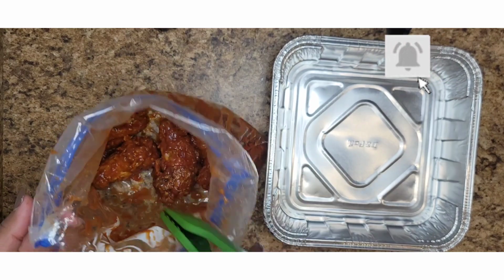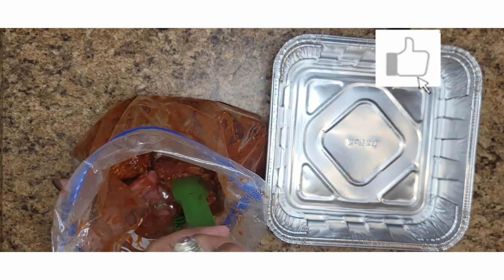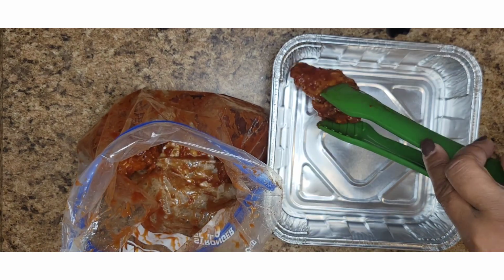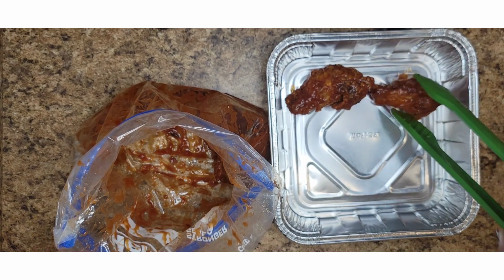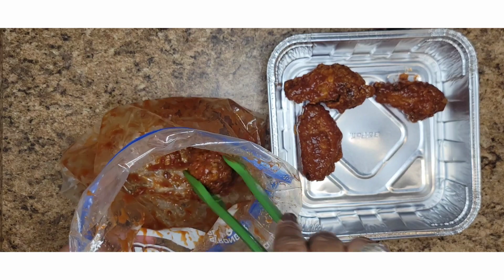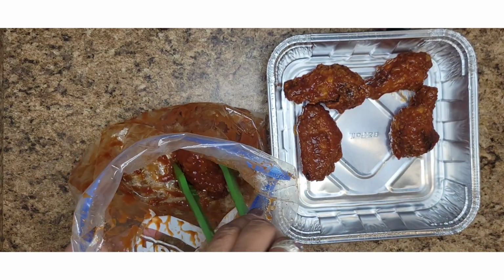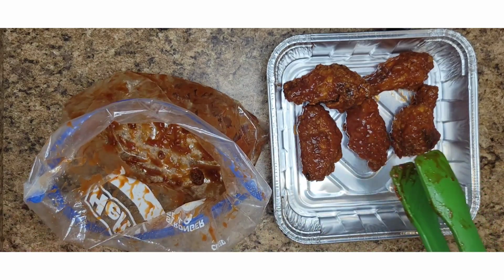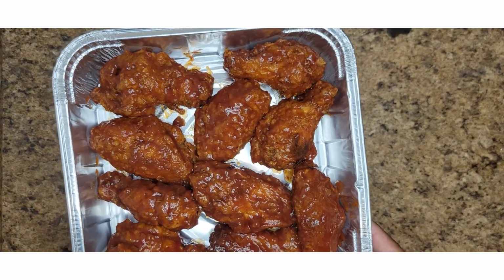The next thing I'm going to do is transfer the wings from the bag into a pan, and you're going to preheat your oven to 350 degrees and bake these for about 15 to 20 minutes. So now these are ready for the...